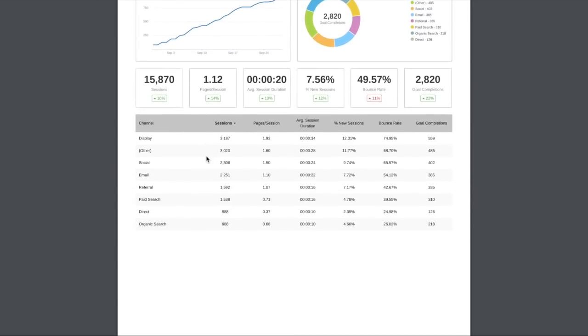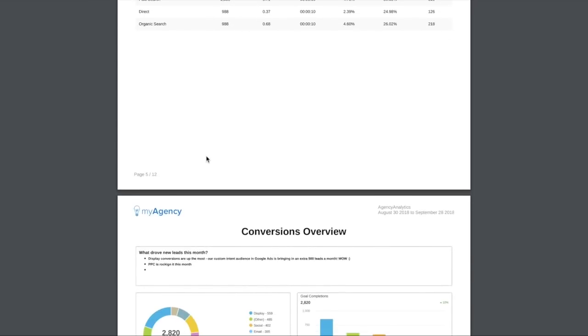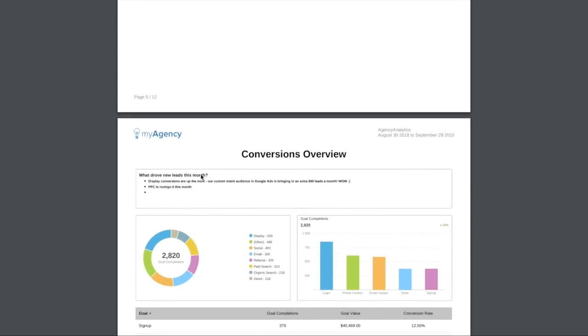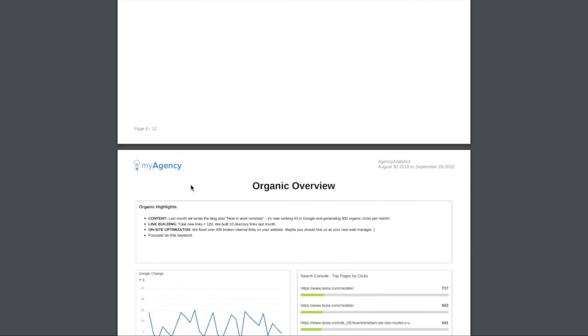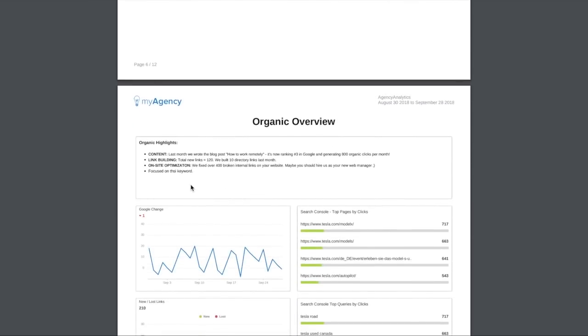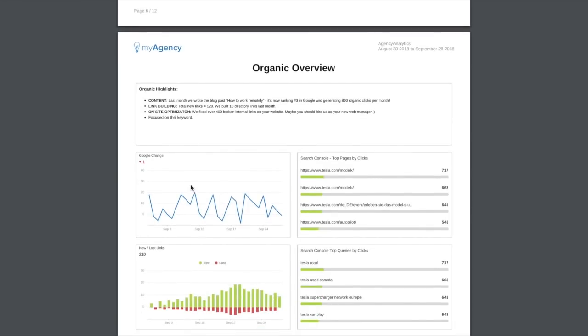This report makes great use of text boxes as well to give that extra insight about the progress during the month. This organic overview page, for example, is highlighting in the text box what exactly is going on in their SEO campaign so the client can understand all of these widgets and